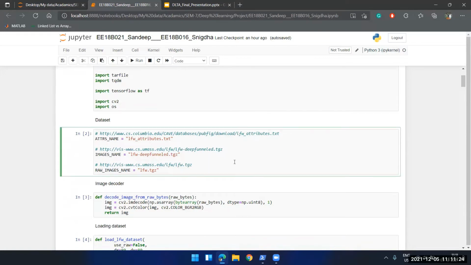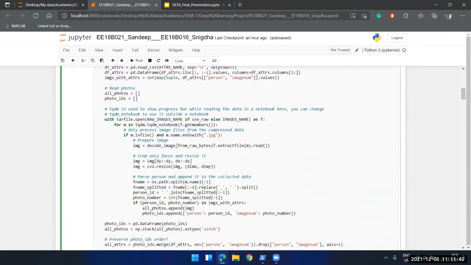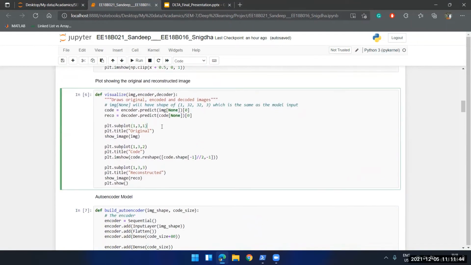Here we used a dataset, by using the reference of this link and a function to load the dataset. We have also created a function that gives the plot of the original data as well as the reconstructed image after we pass it through the autoencoder model.